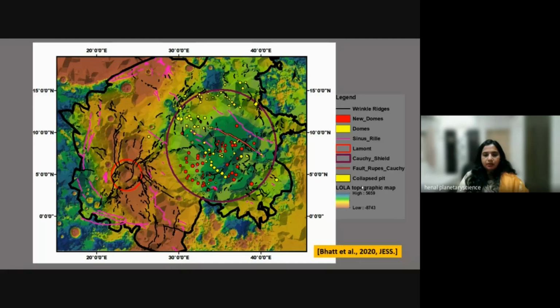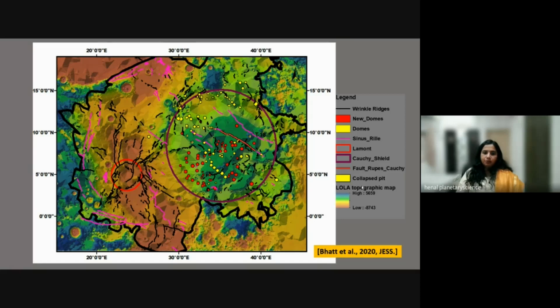This is another topographic map, or a combination of structural maps, that shows topographic variations in this area.